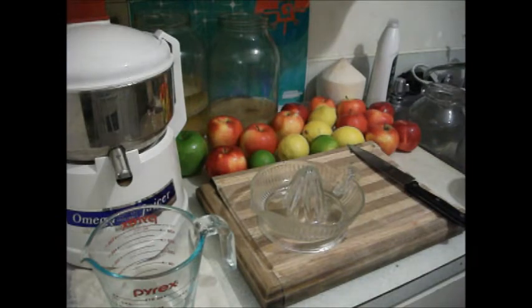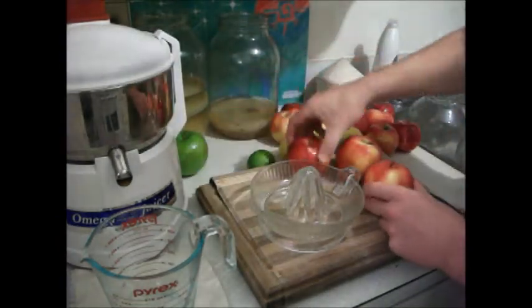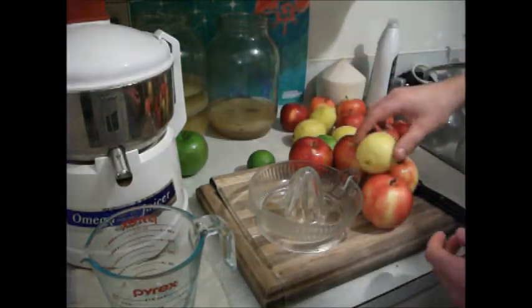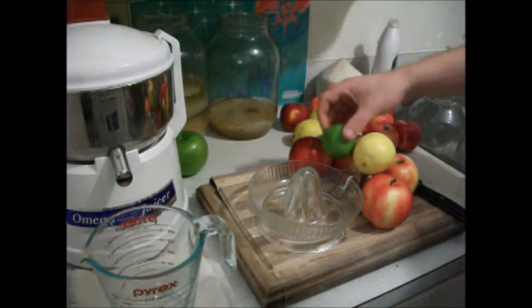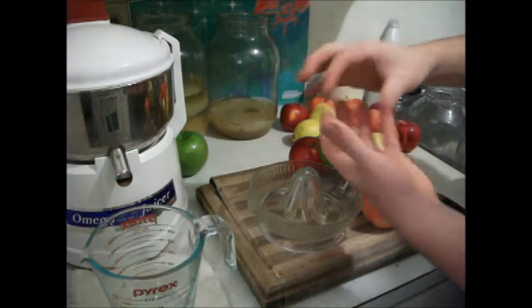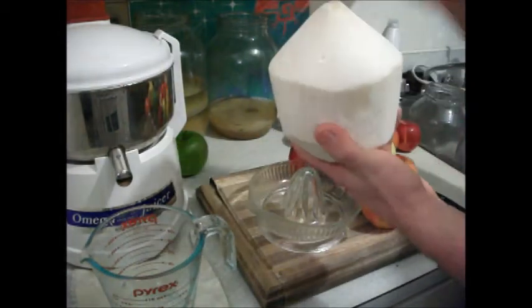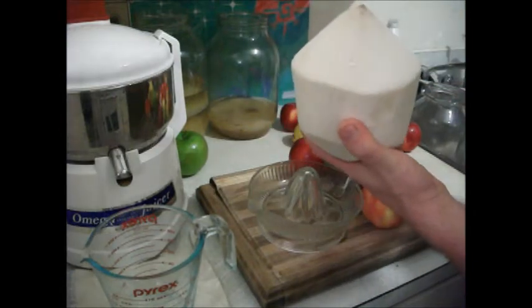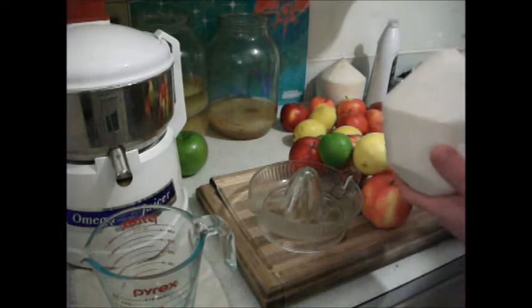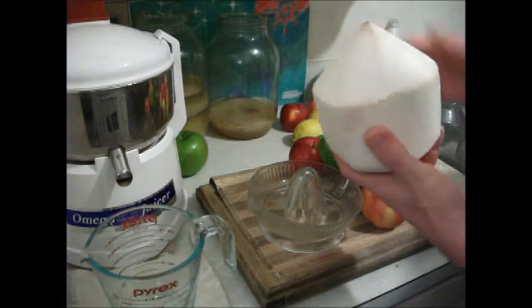So in order to not use the white sugar, I recommend about 4 normal size apples for one of these, 1 lemon, and about half a lime or 1 lime, and a little chunk of ginger. And if you want, as a bonus, you can feed it coconut water. I have not tried this yet, so I don't know how well it's going to work. Maybe we'll do 1 without the coconut, and then 1 with,